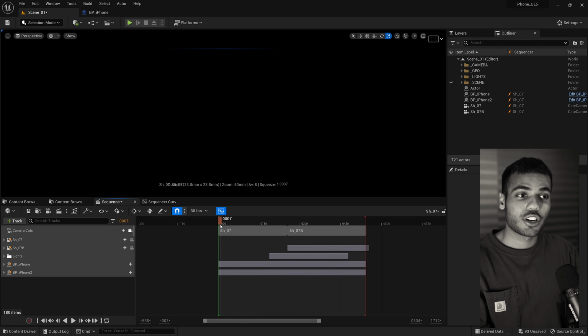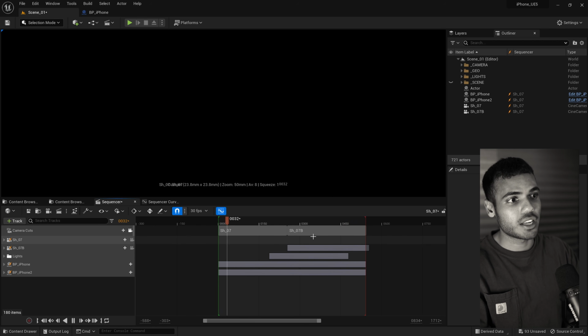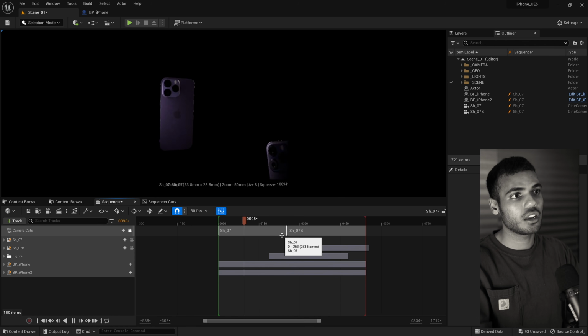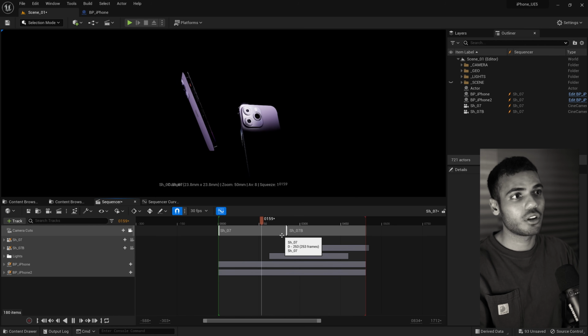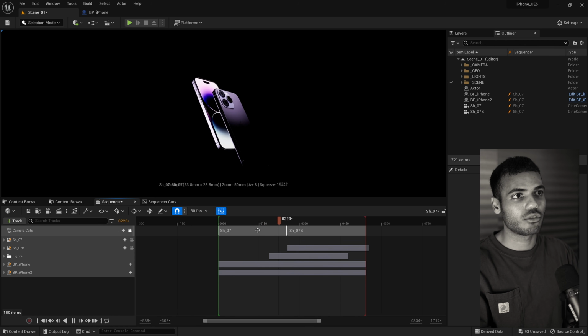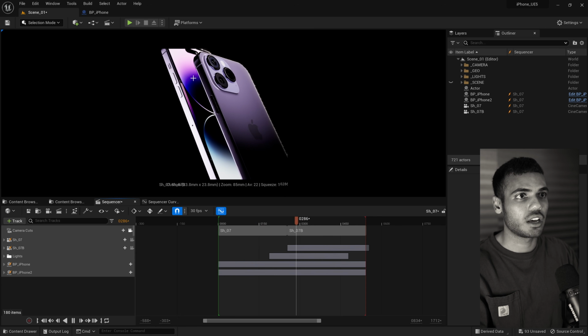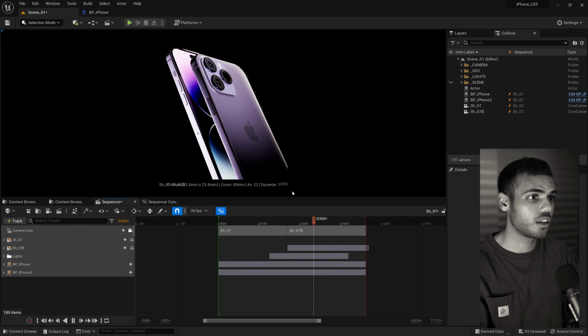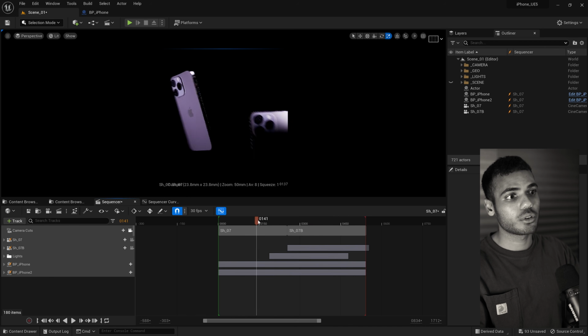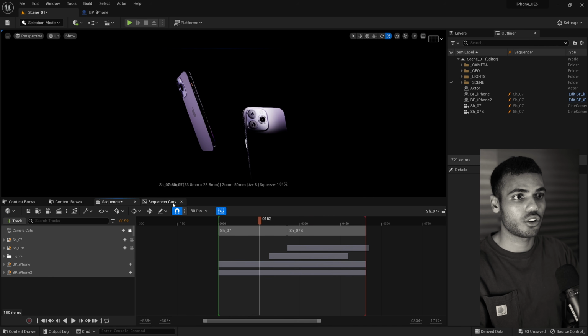The last shot I wanted to go over was shot 7, that also has an internal camera cut in it. This one was obviously a fun one to do, a lot more dynamic, and also has a detailed close-up of the 2 phones coming together. This one is a good example of where I can show you the curve editor.